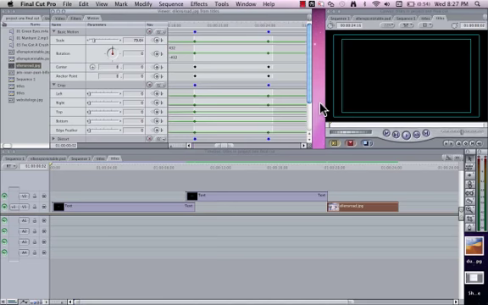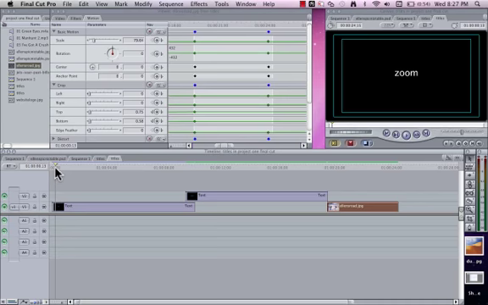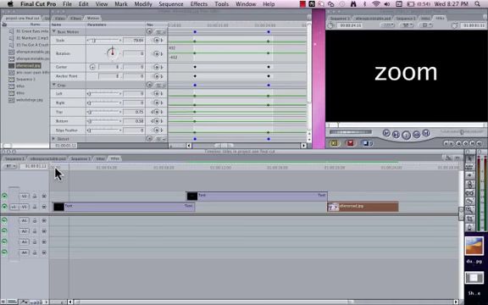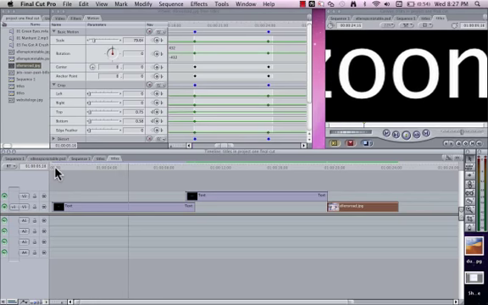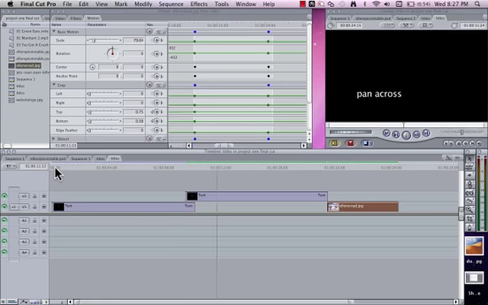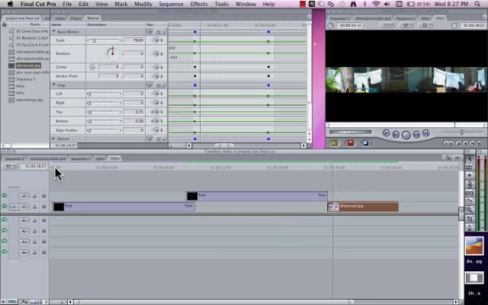In class, we talked a lot about keyframing, and we talked about keyframing images and keyframing motion settings in titles. And if we look here, we'll see the zoom actually used on the title that says zoom. And then as our playhead moves across, you'll also see what's called pan across. And we've talked a lot in class about how to add keyframes to sort of zoom and pan across pictures and images, video clips, as well as